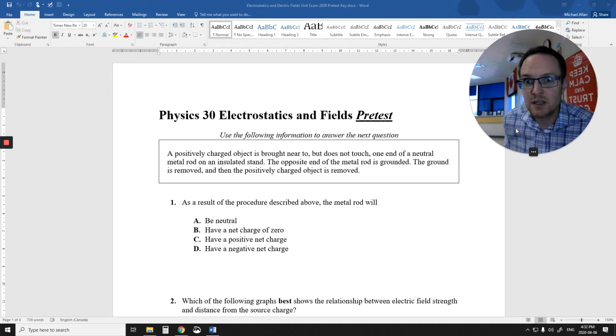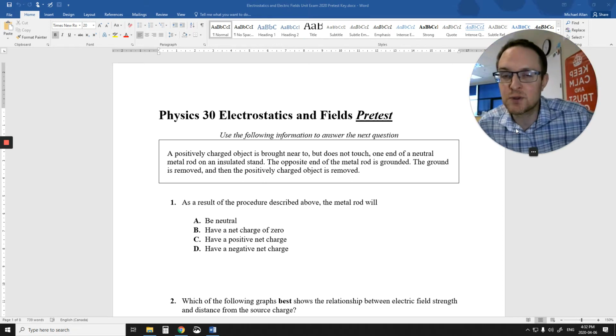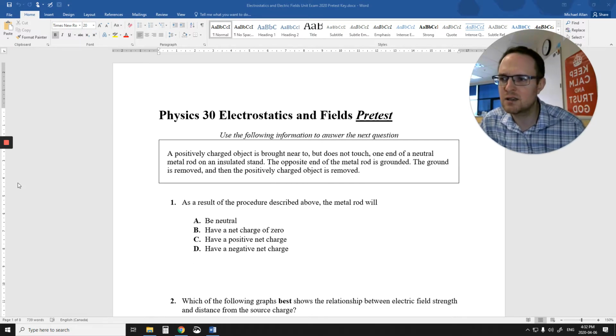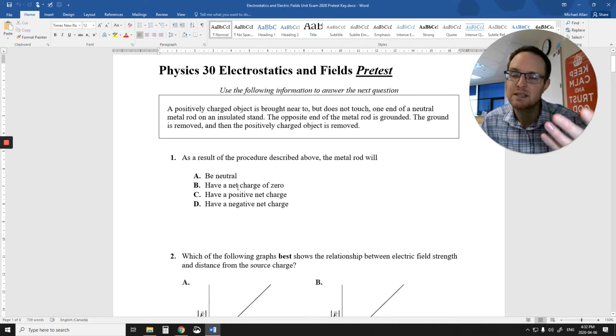Physics 30s, we're going to do our answer key for the pretest. So as I go through this, mark it correct, mark it wrong. If you have any questions, or correct your mistakes, if you have any questions about any of these answers, come